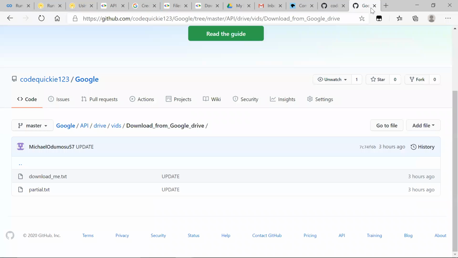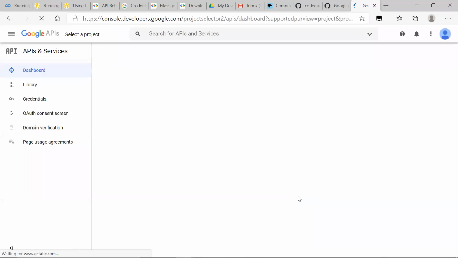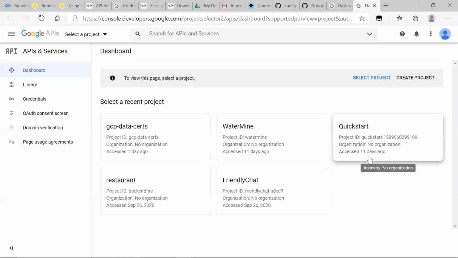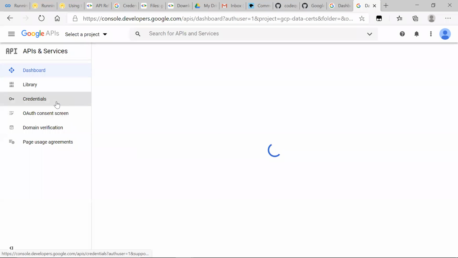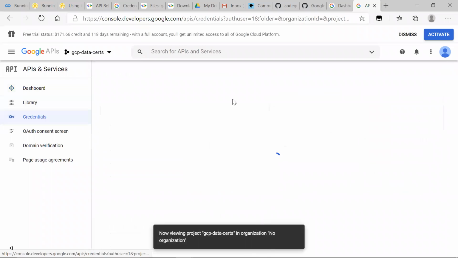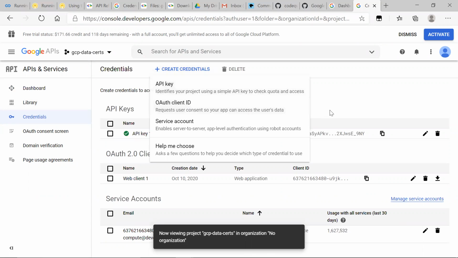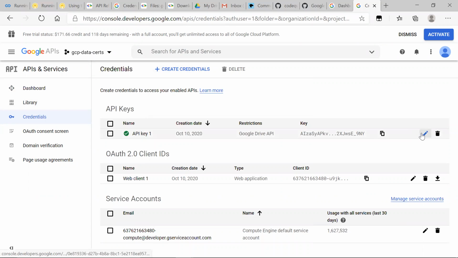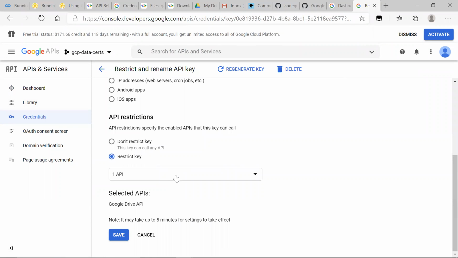So what we want to go ahead and do is head over to console.developers. We want to go ahead and select the project we're working with here. It's GCP data certs. Want to head over to our credentials, and then we create our credentials, an API key, and OAuth, right? They're already created here, so I don't want to go through that, but we want to go ahead and edit. We want to make sure we restrict our key to the Drive API,